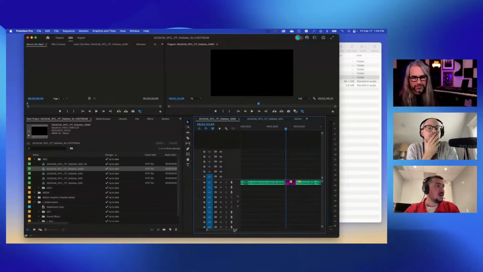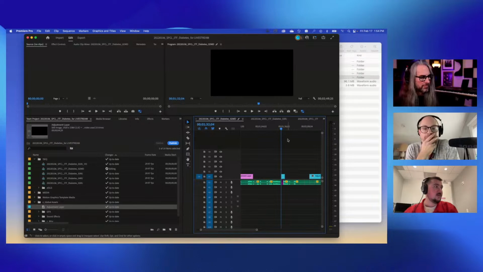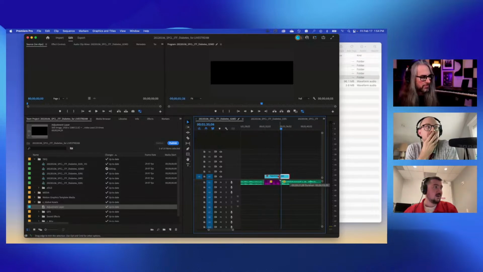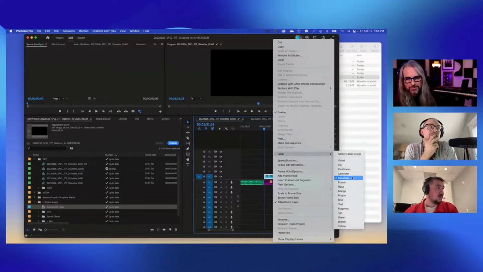And what I will do is, in our global assets, we have an adjustment layer file, and we're doing something very simple of pulling it in. It's already this color. And what we do, for the sake of keeping things as clear as possible, is we also change the color so that it matches exactly what